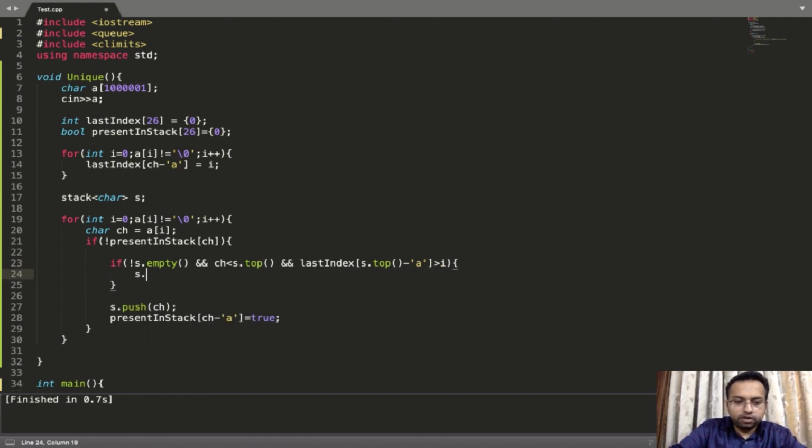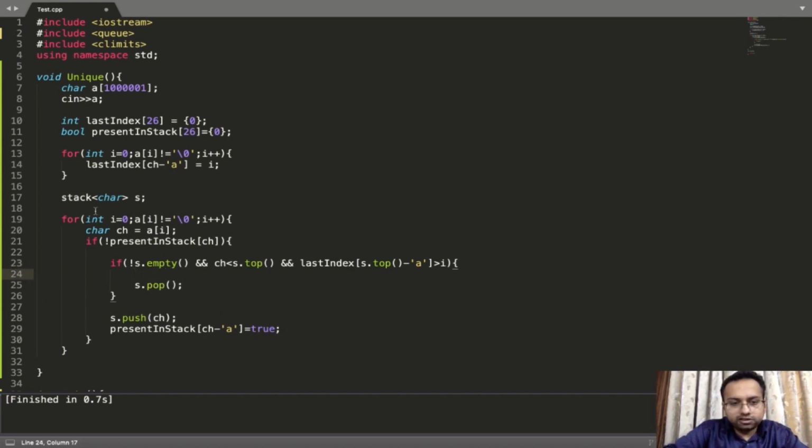I should simply do pop, but before popping we need to mark it as false in present in stack as well, because we are removing one character from the stack. So present in stack, this particular character, sorry, s.top, which we are going to remove, will be marked as false. Simple. We have done it.